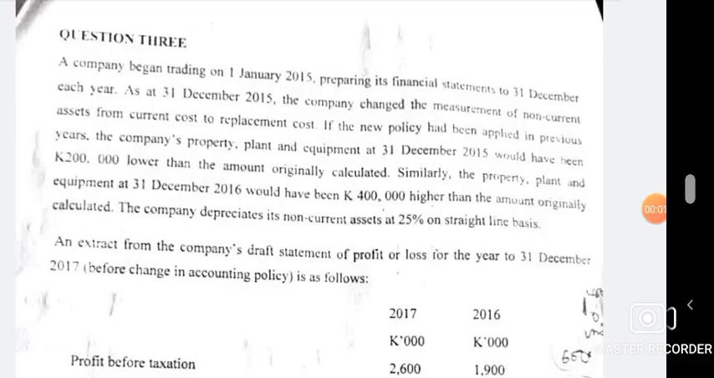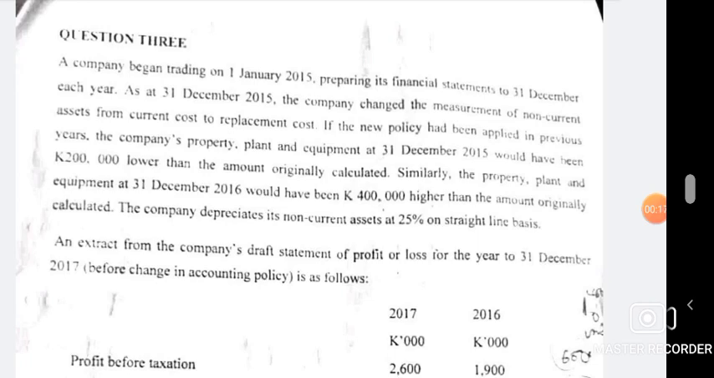Video is focusing on IAS 8, and this is on accounting policies. That's what this standard talks about. So our question there says a company began trading on 1st January 2015, preparing a financial statement to 31st December